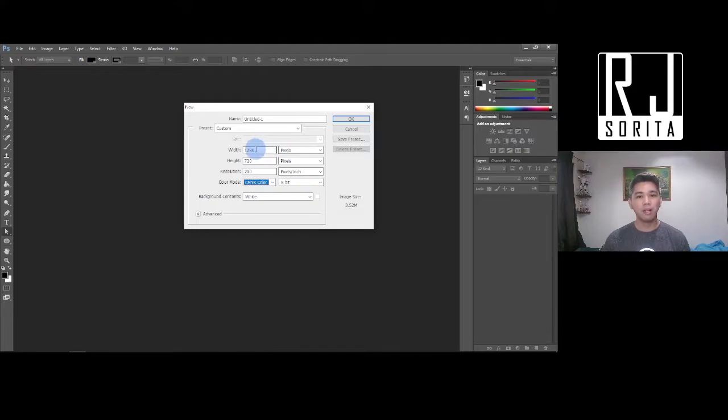And then for the size of the canvas, normally I prefer using the actual size, unless it's going to be very big, like a billboard. But for brochures, say for example a 9 by 12 inches brochure, I will definitely use inches. So I will just write the actual size